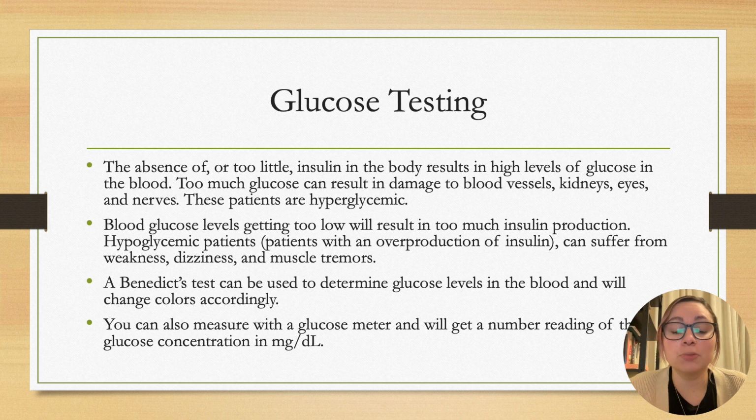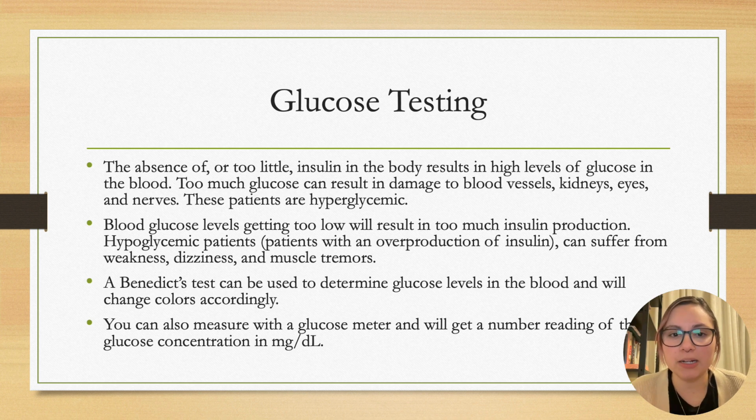Now, if blood glucose levels get too low, this will result in too much insulin production. Hypoglycemic patients, or patients with an overproduction of insulin, can suffer from weakness, dizziness, and muscle tremors. So 2 ways of testing glucose include a Benedict's test or also using a glucose meter. The Benedict's test can be used to determine the glucose levels in the blood, and this will change colors